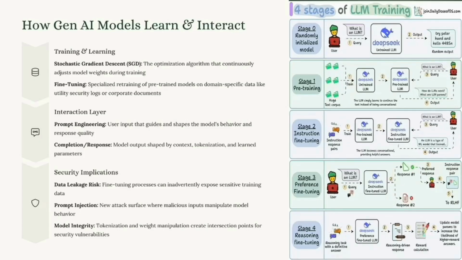There's interaction layers, prompt engineering. We can talk about what prompts we give it and then we can adjust the model. So like I talked about, avoid bias, some of these things become more involved. If you look at model output, it's shaped by the context of the question that was asked, and then tokenization: how many tokens can we give it before it runs out of memory, and how many parameters it can consider.